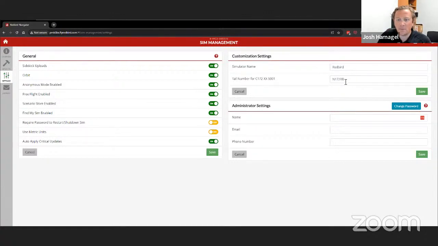We can set our simulator name. We can change the tail number on the sim, and then you can set your admin. This is actually quite useful. From a support standpoint, we have a lot of sims where instructors will report issues, but then they go on and they're flying, and they really are not the right person to handle fixing the problem. But when the support case comes in, it's associated with that person. If you put in a name, a phone number, and email here, when a support case is generated for that sim, this person will also